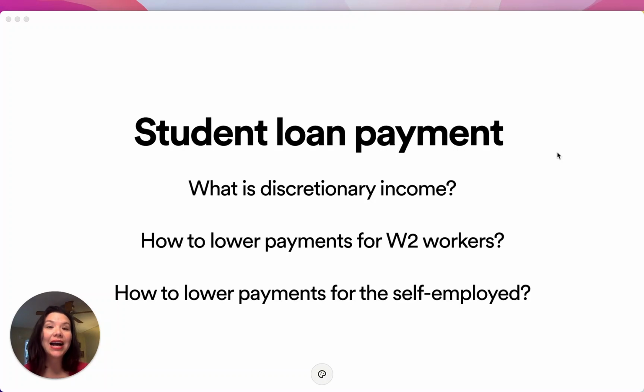This video is a guide on student loan payments. So first we're going to talk about what is discretionary income, right? Because that's what determines payments for income-driven plans. If you do not have an income-driven plan, then your payment's going to be determined based on how much you